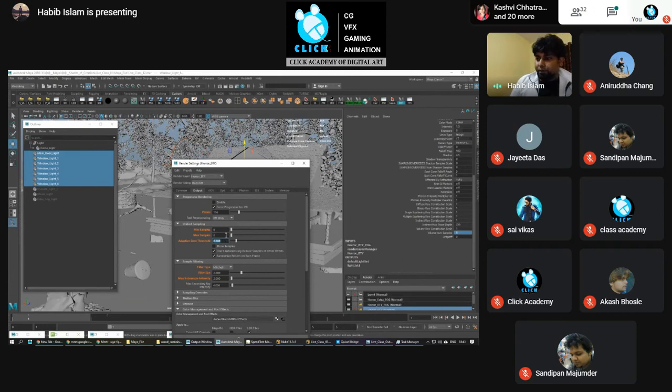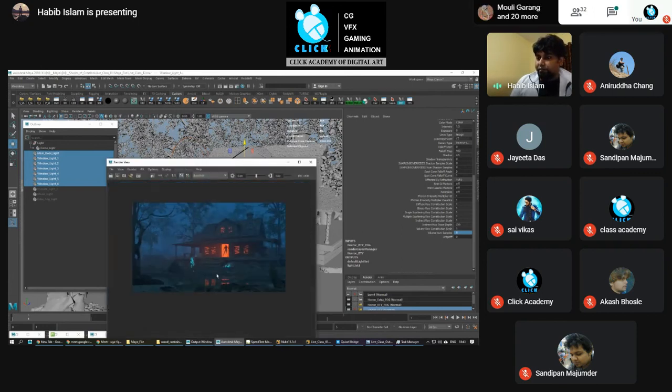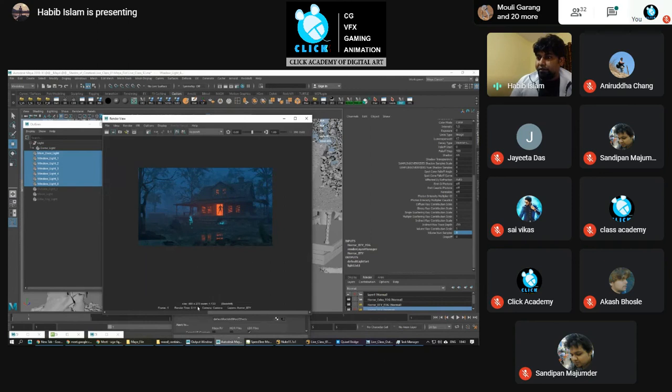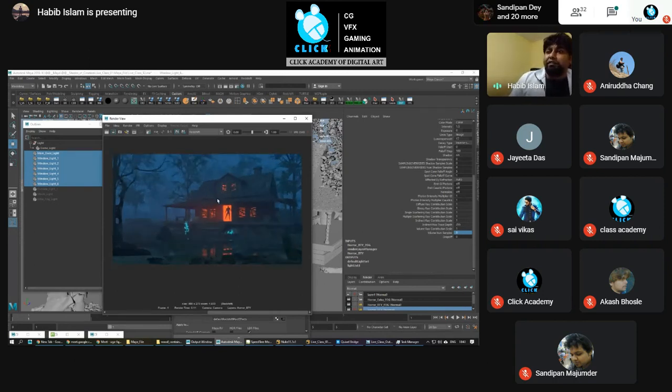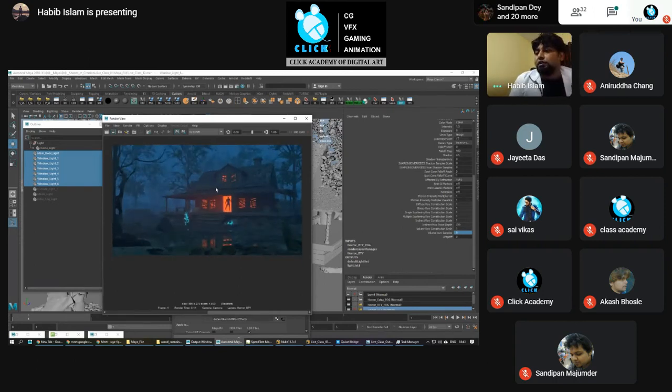This is the lowest setting, okay? That's how it is rendering in some time. Suppose this render took me 11 seconds. But if you go to a higher setting, obviously it will take you 15 to 20 minutes according to your system configuration. I have a 1060 graphics card, and for that it is taking around 30 minutes with the high setting render, single frame. But if you're using a higher end graphics card, it will take less time. But obviously, you will need a good graphics card to render in Redshift.